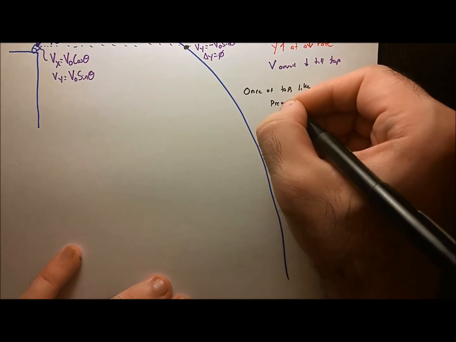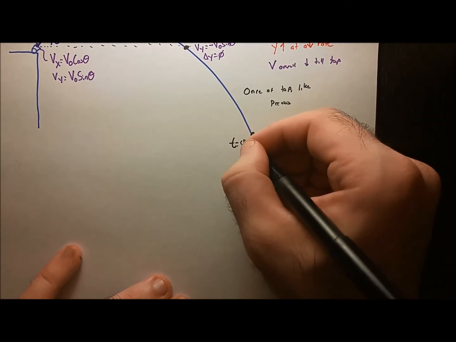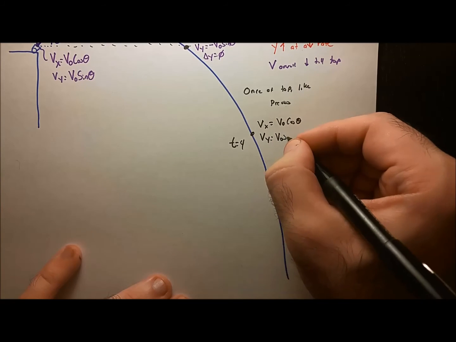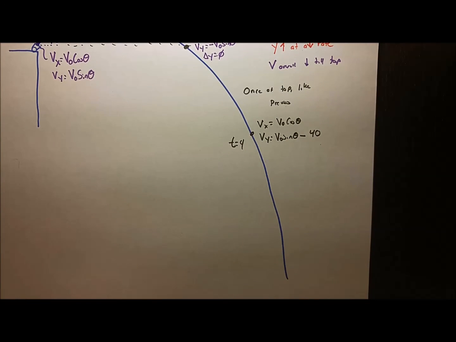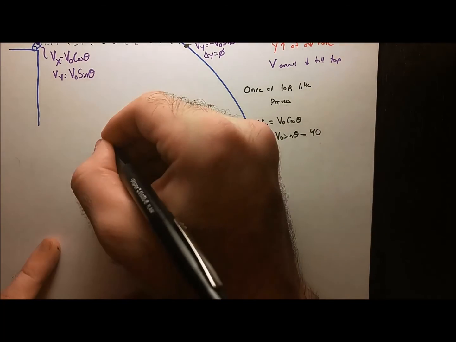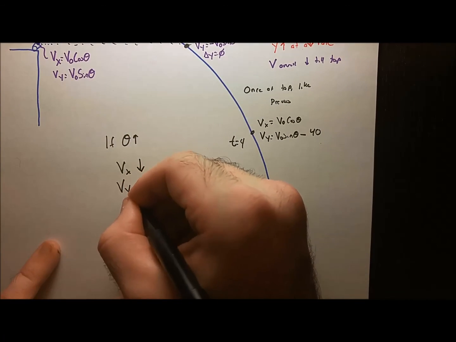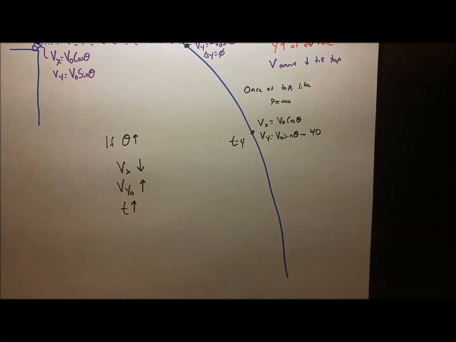Once you're at the top, the velocities are minimized because the y velocity is 0, the x velocity is v naught cosine theta. For example, 4 seconds in, the x velocity is still v naught cosine theta. The y velocity is v naught sine theta minus 40 because it changed by negative 40. So if the angle goes up, the x velocity goes down, the y velocity goes